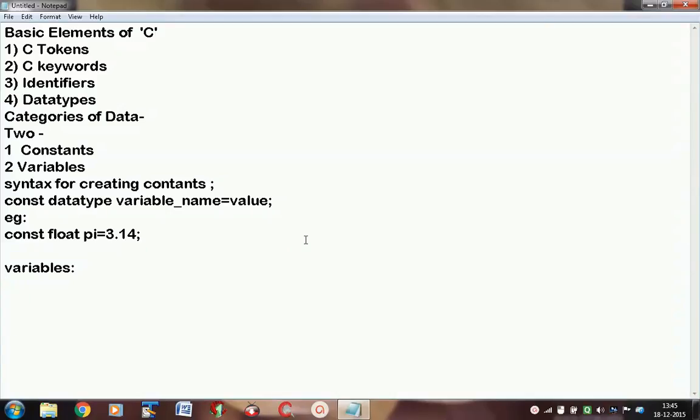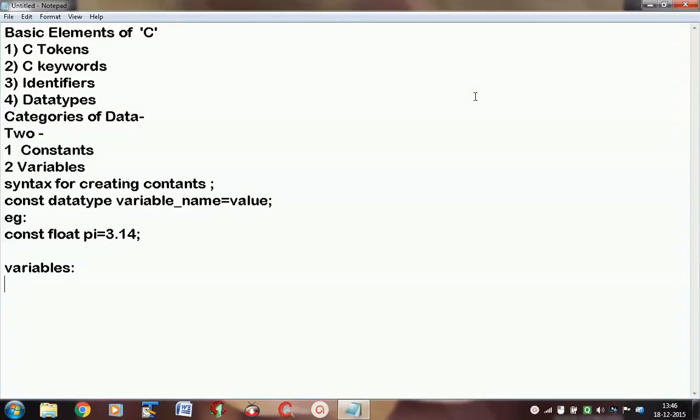Some points that you must remember about variables are: first, a C variable is a named location in memory where a program can manipulate the data. This location is used to hold values of the variables. The value of a C variable may get changed in the program. A C variable declared using a valid data type like integer, float, character will be valid only. A variable should be declared in a C program before using it, otherwise the compiler generates an error. A variable holds a garbage value when it is declared, so you must assign a value 0 to it.